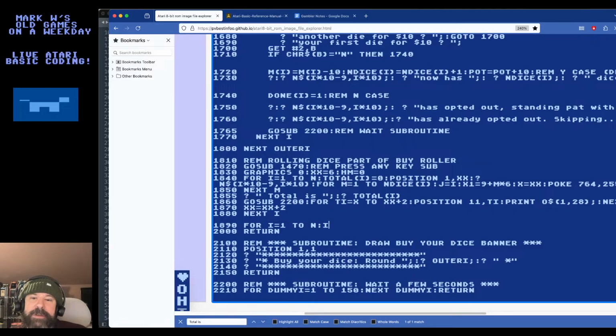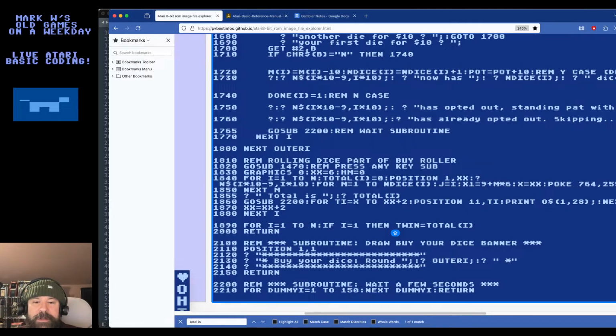We can start with if I equals 1, then for the very first loop, we're going to say winner. We call it temp winner. I don't care if it's a huge variable. It's a little too big. Let's call it T win. There we go. T win equals total of I. And the problem is we don't have an else in this. I have to keep remembering that. We don't have an else in BASIC, Atari BASIC. So, how do we do this?